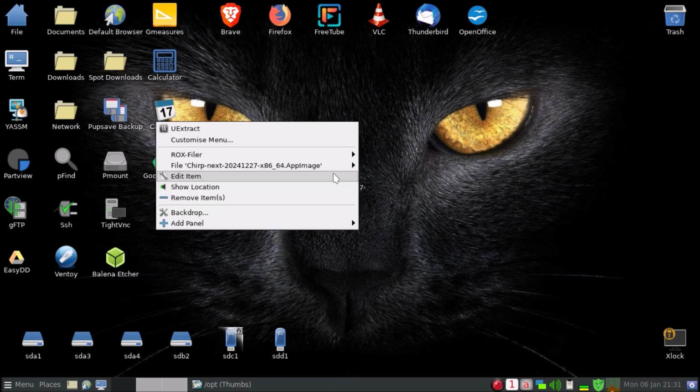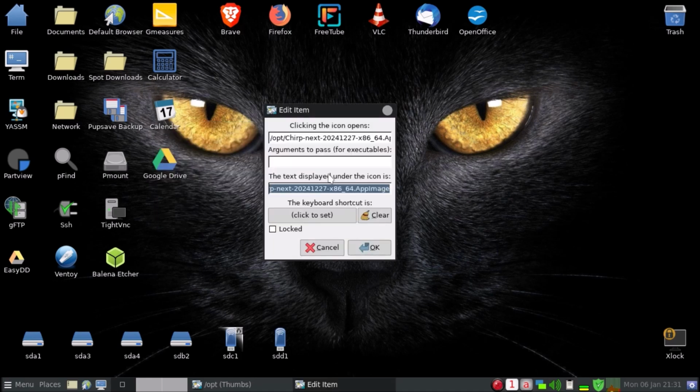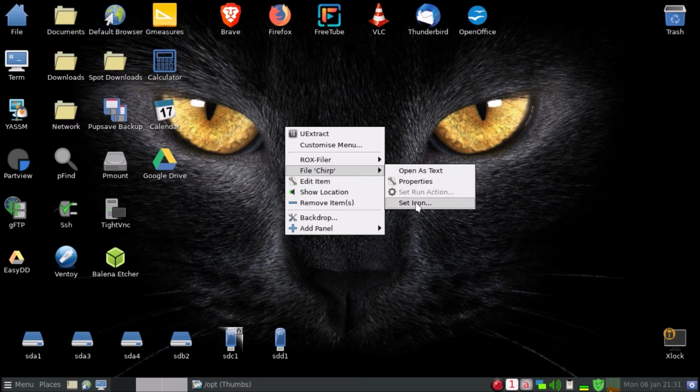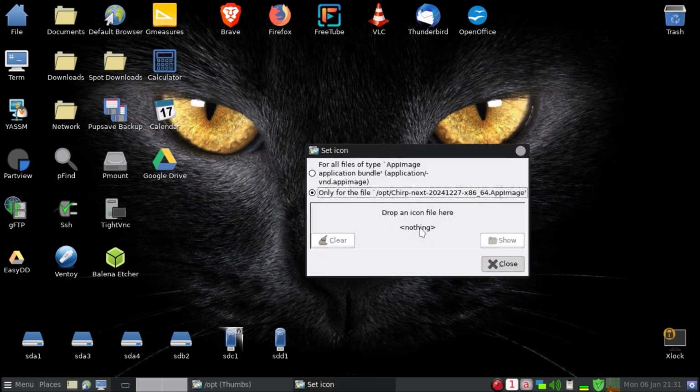Now you can tidy this up a bit as well. We can run it from the command line if we don't want to run it from your desktop. Edit item, so we can put something a little bit more attractive in there. I don't think we even need the next here. Let's just add Chirp. So that's now called Chirp. Now what we can do is set icon, and you can put any sort of icon you want in there,